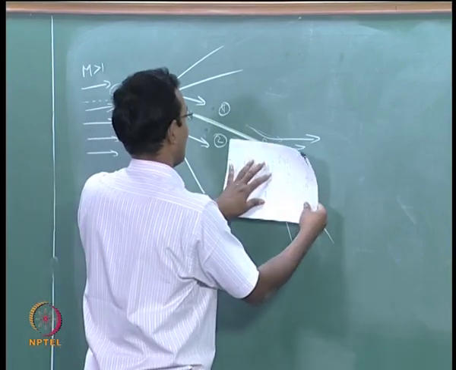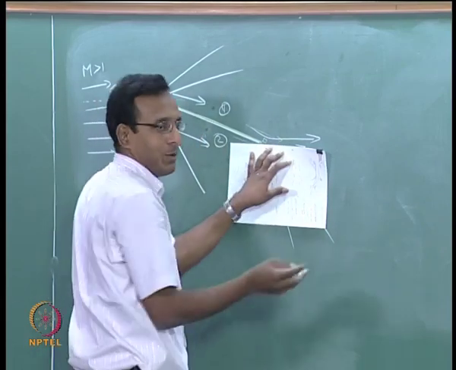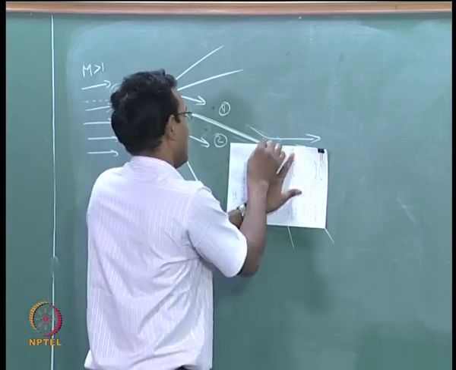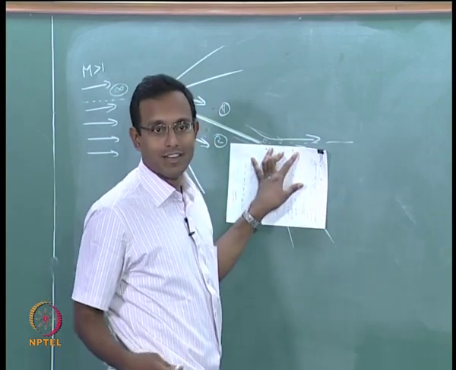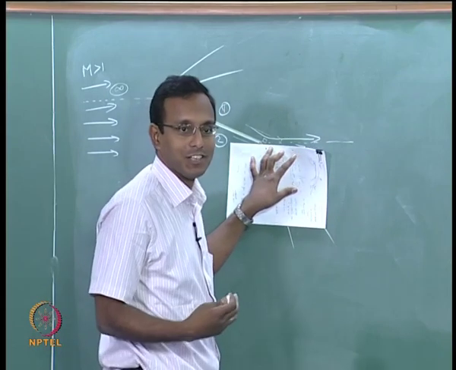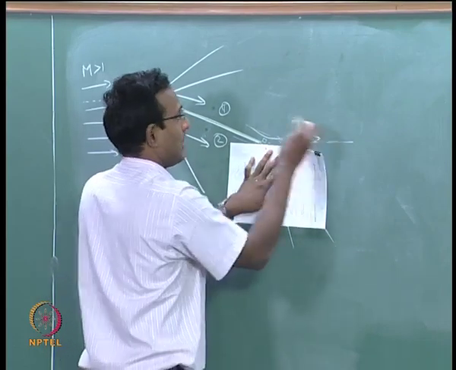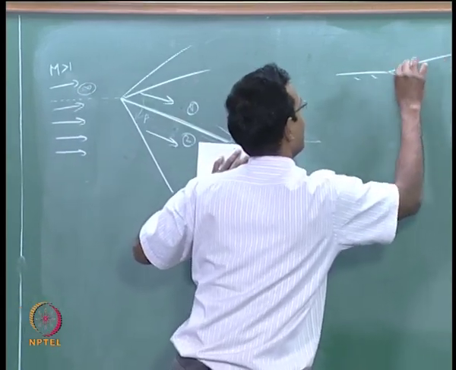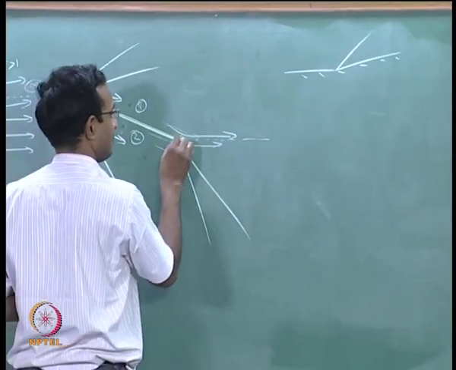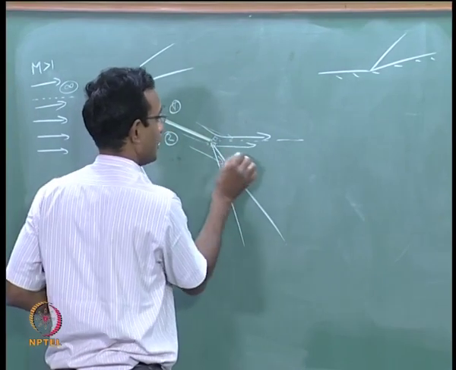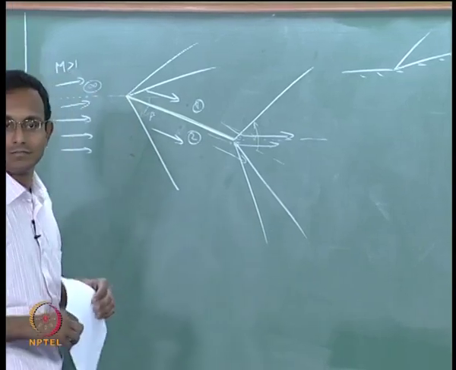If I look at the top section alone, flow is coming like this and wall is moving in. Why do I call this a wall? It is actually the streamline, the center line will be as if it is a wall in an inviscid flow. Streamlines are equivalent to a wall in inviscid flow. So I can just say that the wall has moved in. This is equivalent to our problem which we did some days back. So it is going to have a shock in this region. Okay. With respect to this line, it is going to have a beta value. There will be a shock there.